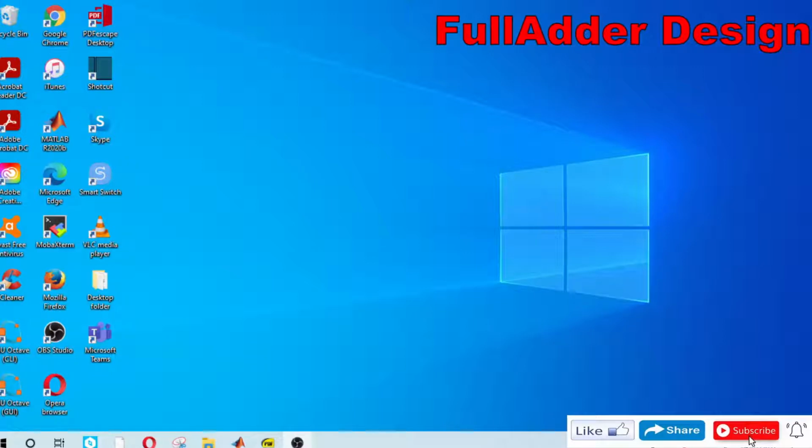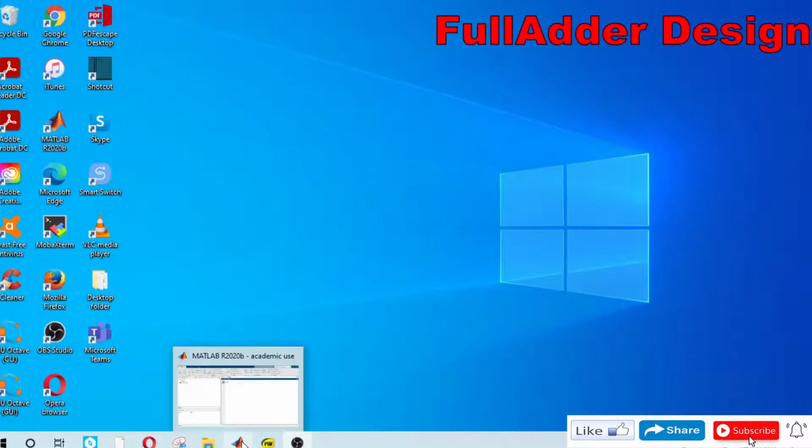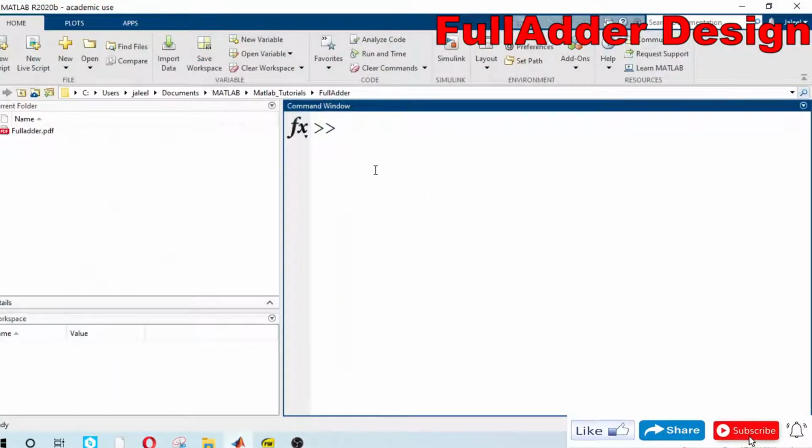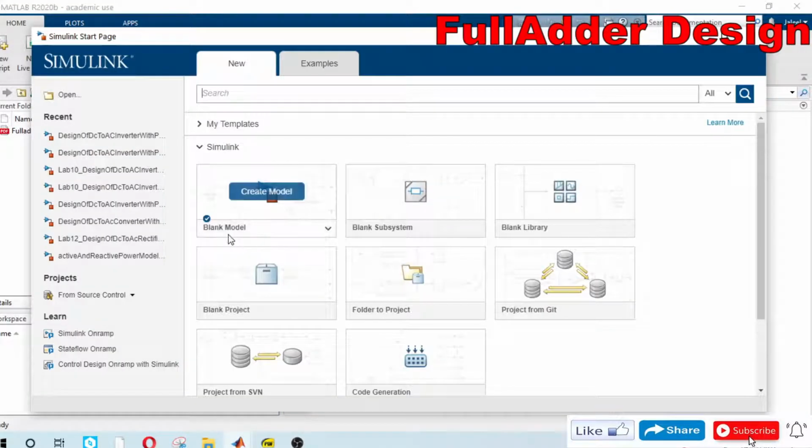In this video, I am going to show you how to design a full adder step by step using MATLAB Simulink. First, we open MATLAB and open the Simulink.